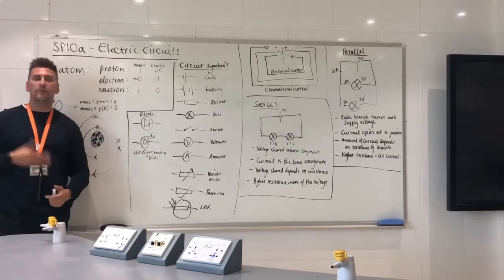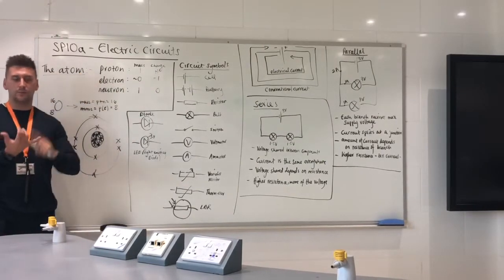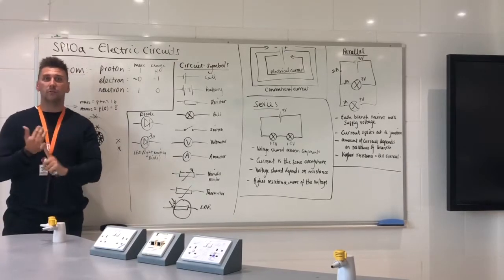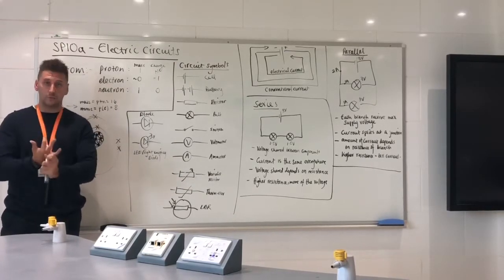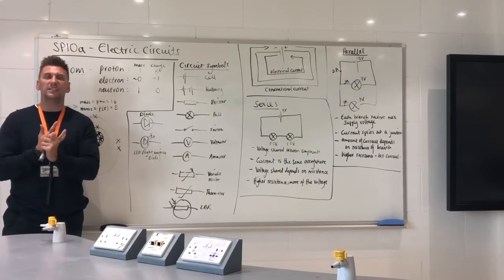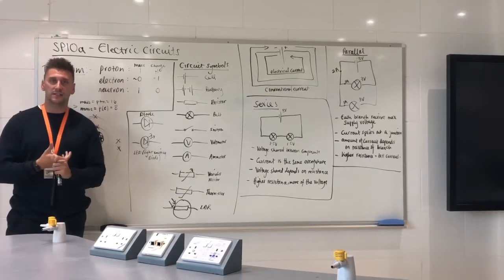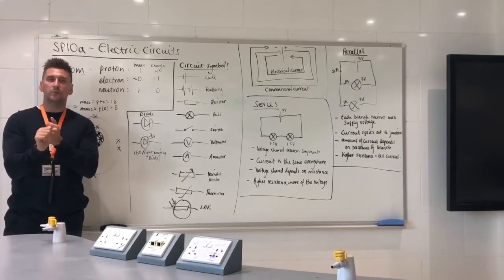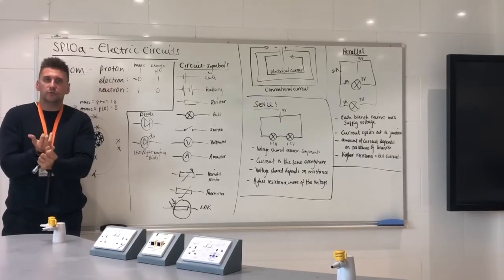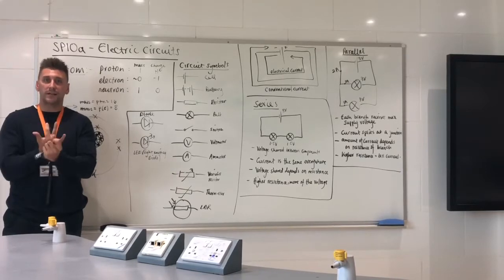We should know from before in chapter 6, radioactivity, that the proton has a relative mass of 1, neutron, relative mass of 1 also, and then the electron has a relative mass of a negligible size, so we just say 0 for GCSE. Charges, we've got proton plus 1, neutron obviously neutral, so 0, and the electron is minus 1